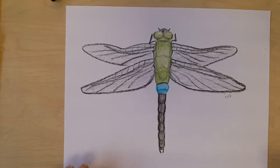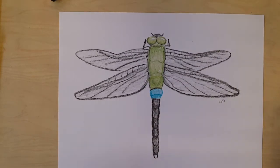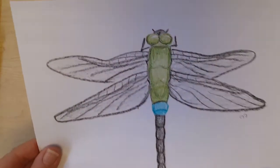Hi, today we are going to learn how to draw a green Darner Dragonfly. The green Darner Dragonfly is the Washington State insect. Okay, so the way we're going to get started is to gauge on your paper how big you